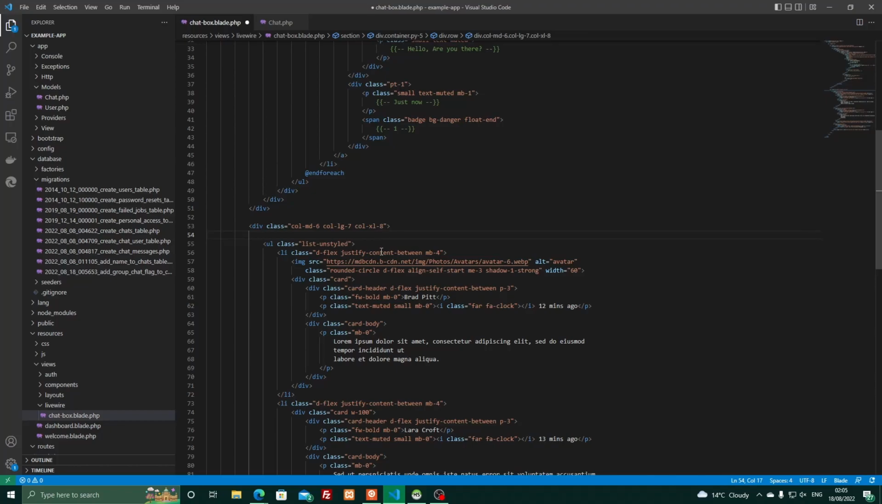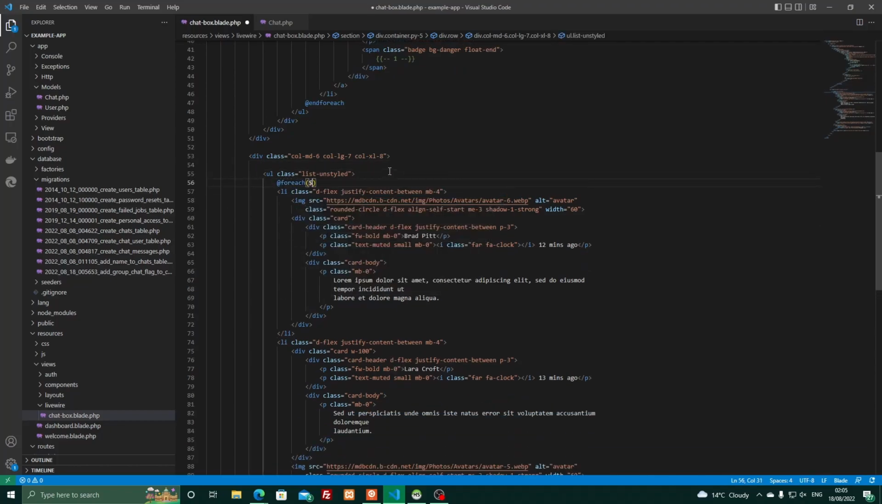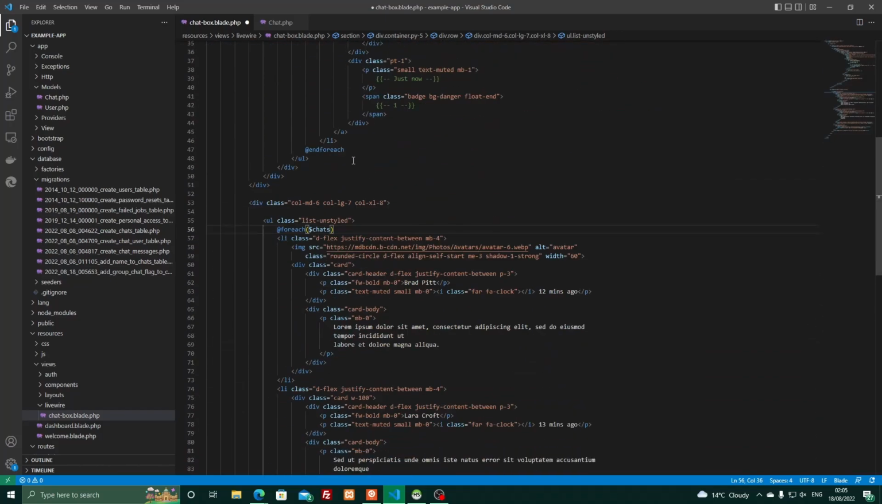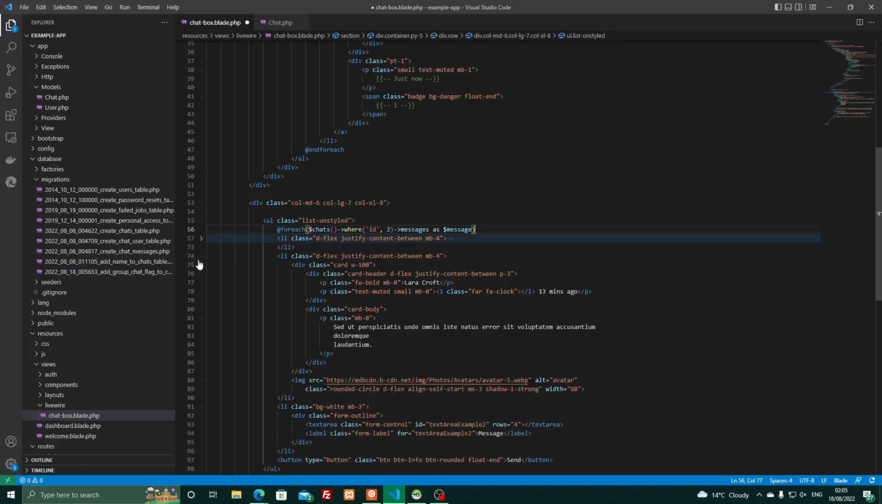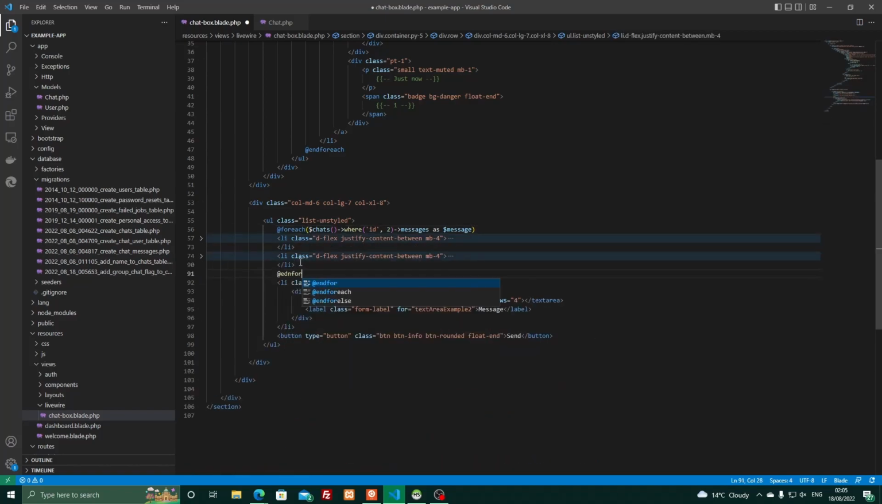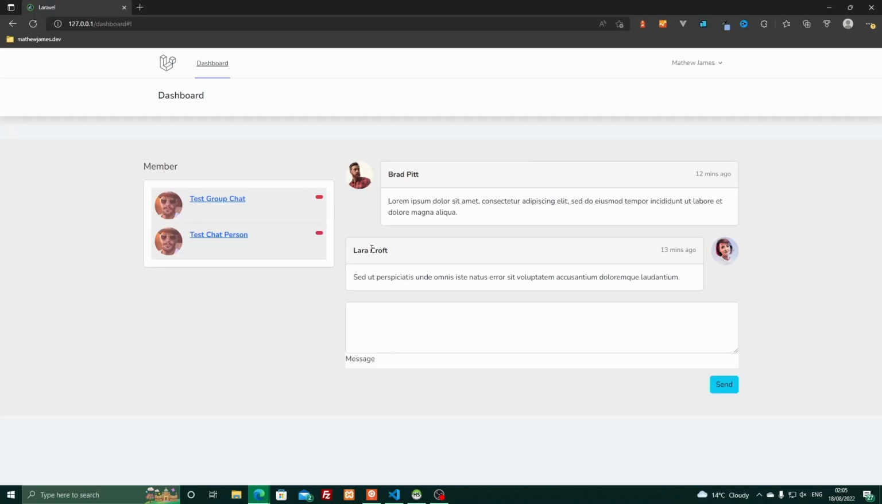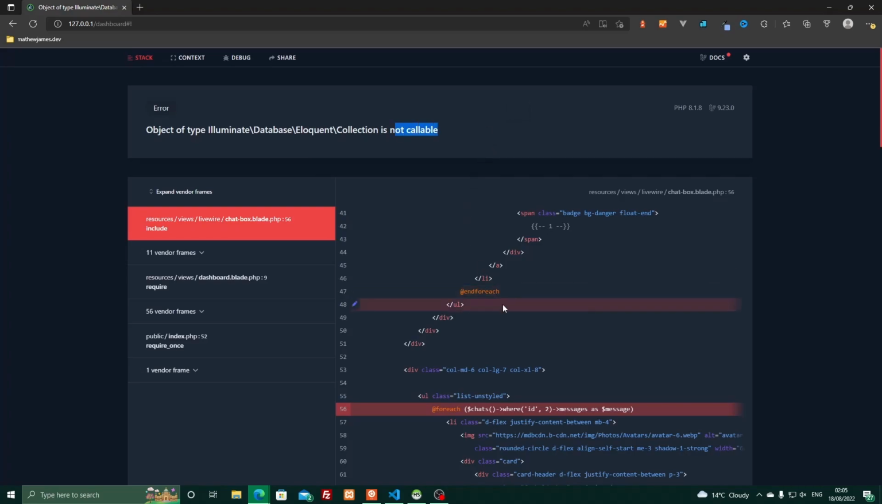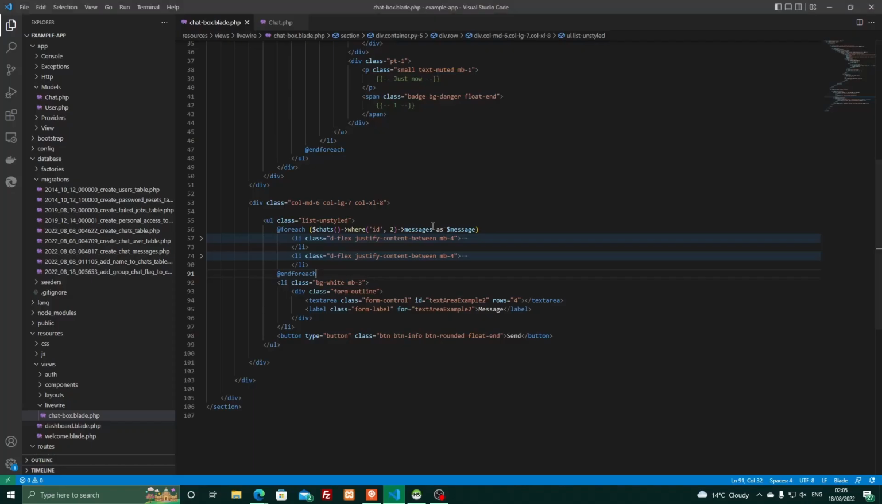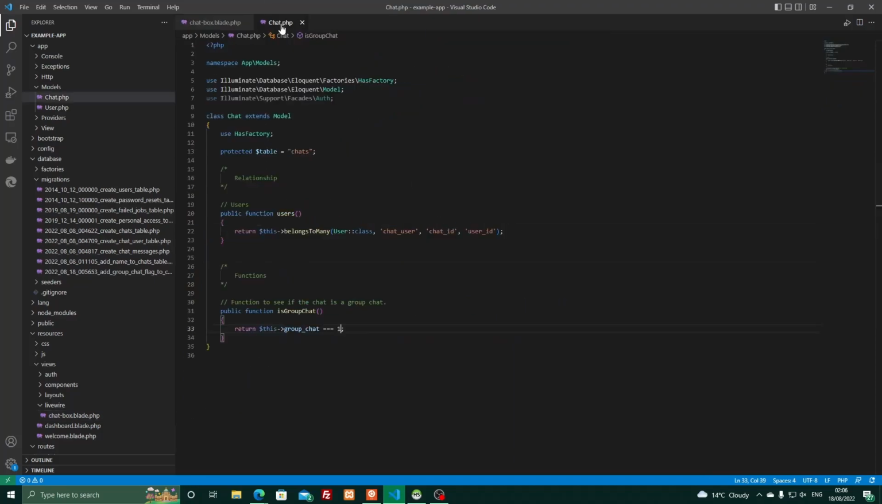So we will, for each chats, that is what we called it, where ID is 2, messages as message, and for each. Now that should cause an error. There's no collection. Object of type collection is not callable. So let's do first. Will that work? Okay. That is right in not working because we haven't created the relationship yet. But I thought it would bring back a different error. But anyway,